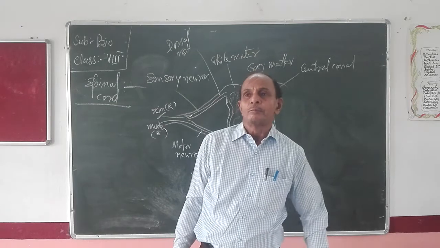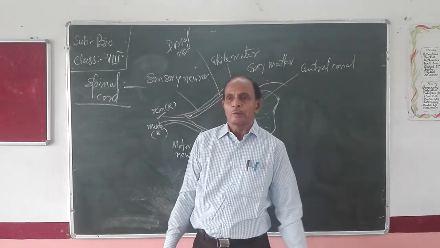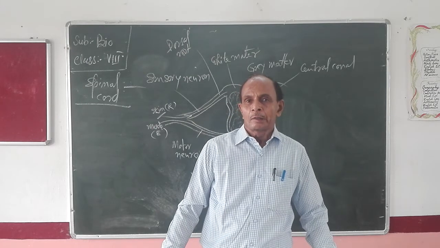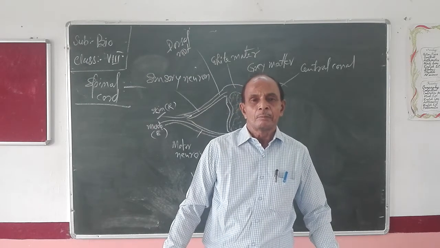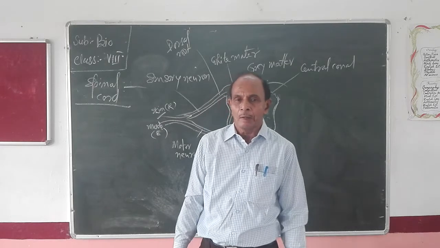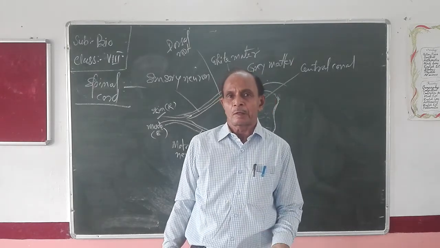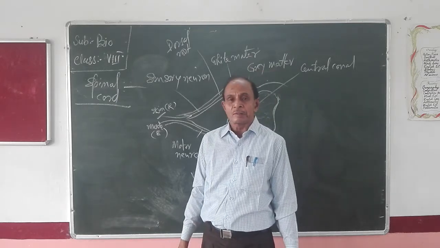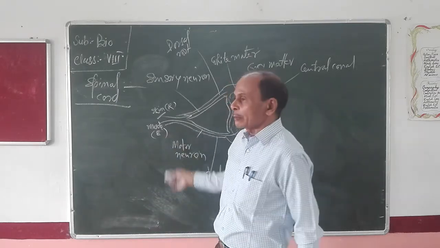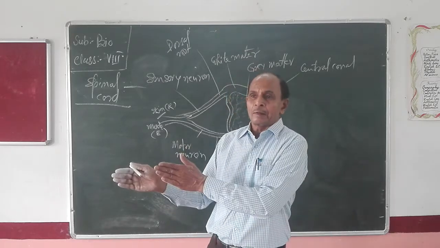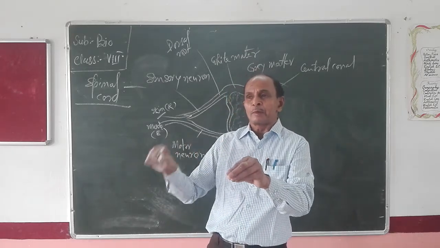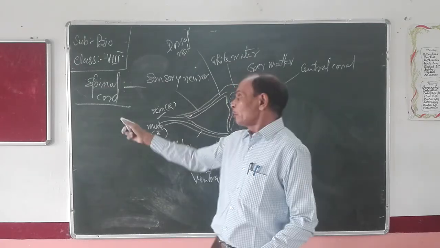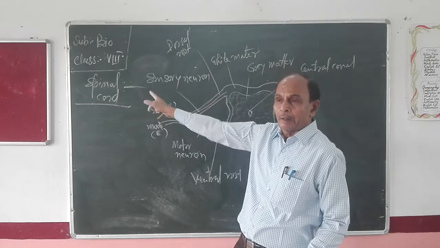In the previous video, we had discussed our brain and completed the cerebellum and medulla oblongata. Now, the second part of CNS. We said CNS consists of two parts, brain and spinal cord. By studying the cerebellum and medulla oblongata, we have completed the brain. Now we are going to start the spinal cord.